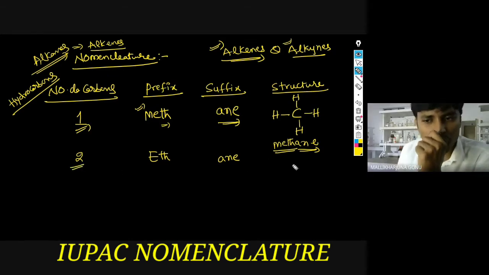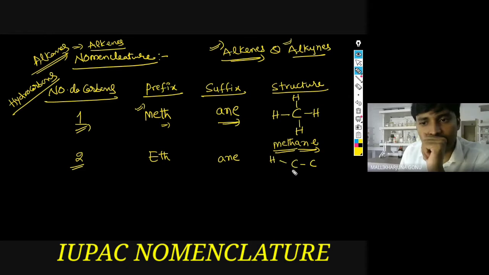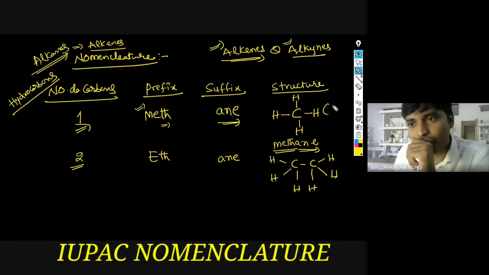Eth. With 2 carbons, first you connect the bonds of the carbons. Then you have to write the hydrogens, and how many are there? Ethane: hydrogen, 1, 2, another one, hydrogen and hydrogen. That's how. 1, 2, 3, 4. What is the formula of the first structure? CH4. What is the formula of this one? C2H6, because the number of carbons is 2 and hydrogens are 1, 2, 3, 4, 5, 6.